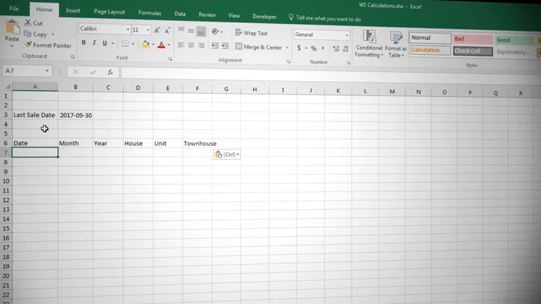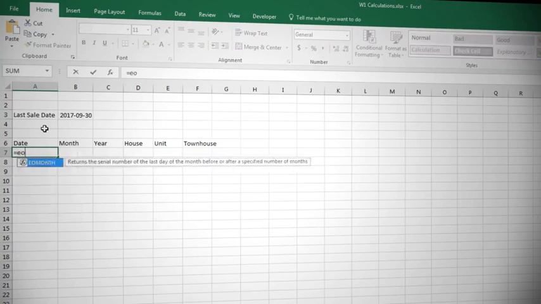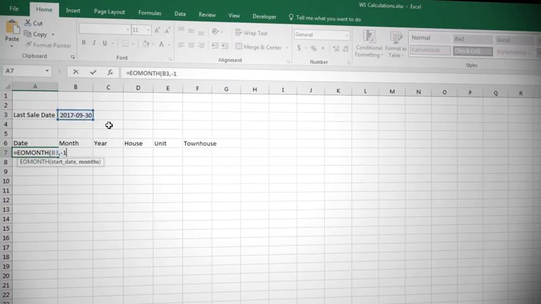If we get the end of the month 11 months ago and then add 1 day, that will give us the date we want. Let's have a look. So we're going to type equals EOMONTH, select EOMONTH, and here's the date we're starting from. We want to go back 12 months. So we're going to minus 12, which will actually get us the last date in the month, 12 months ago, and then having got that, we're going to add 1 to that date to get the first date of the